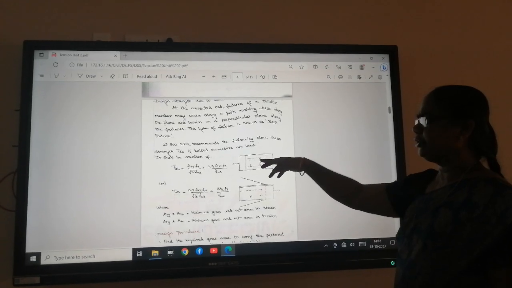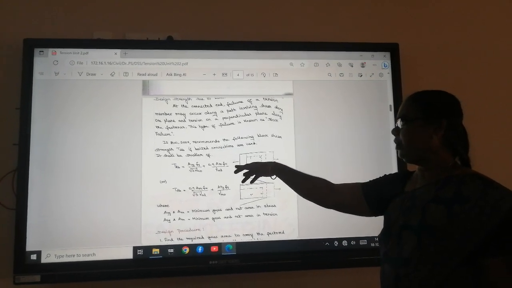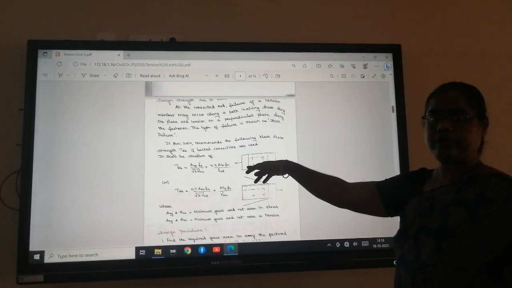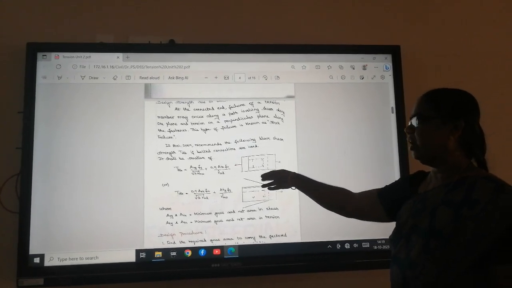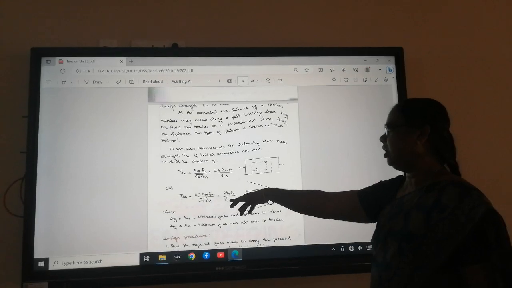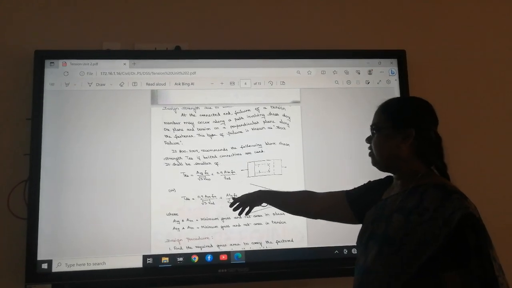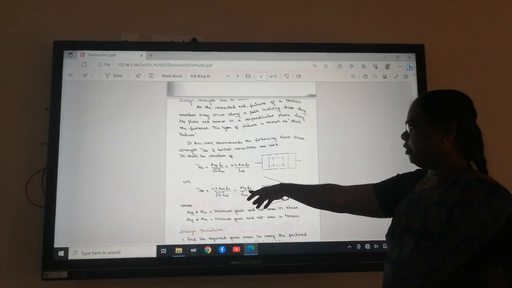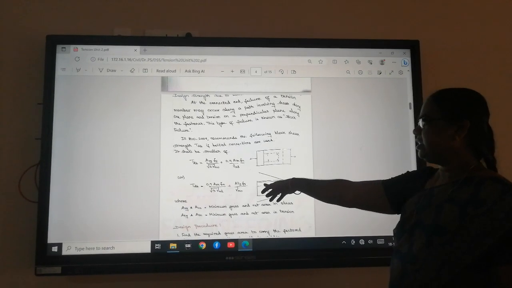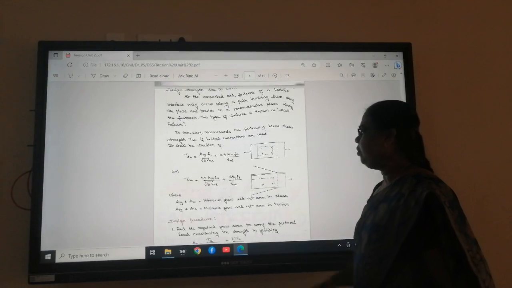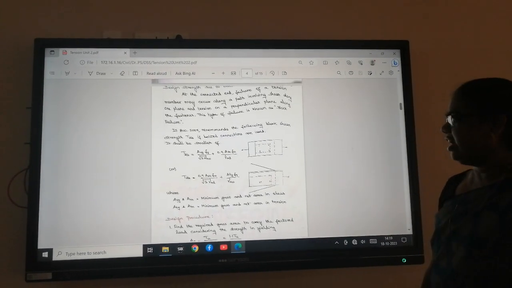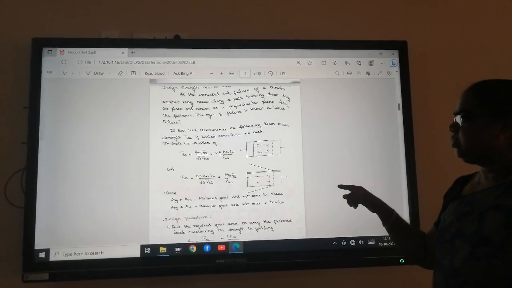Tdb, if bolted connections are used, it should be smaller of Pdb equal to Avg Fy by square root of 3 gamma m0 plus 0.9 Atn Fu by gamma m1, or otherwise you can use another formula Tdb equal to 0.9 Avn Fu by square root of 3 gamma m1 plus Atg Fy by gamma m0. Here Avg is nothing but minimum gross and net area in shear, Avg and Atn equal to minimum gross and net